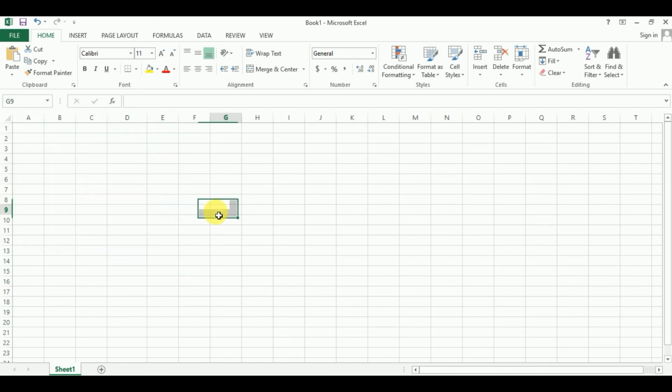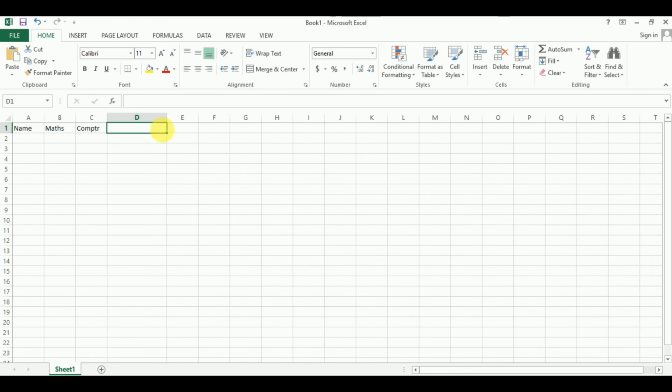Suppose I want to use name, then subject names, math, computer, and total marks.